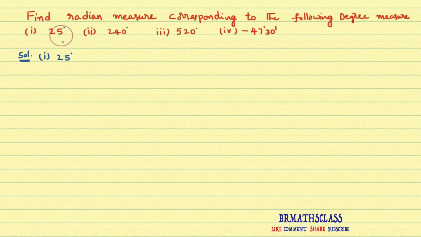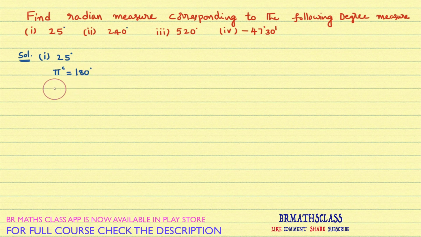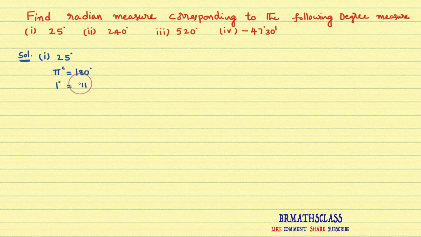I want to convert 25 degrees into radian measure. In previous classes, we learned this: pi radians, radians is denoted by the power C. Pi radians is equal to 180 degrees. This is the main point in this problem. Pi radians is 180 degrees. What is 1 degree from this? You divide both sides by 180. 1 degree is pi divided by 180 radians. I'll write the power C, even though if we don't write power C, it indicates a radian measure.